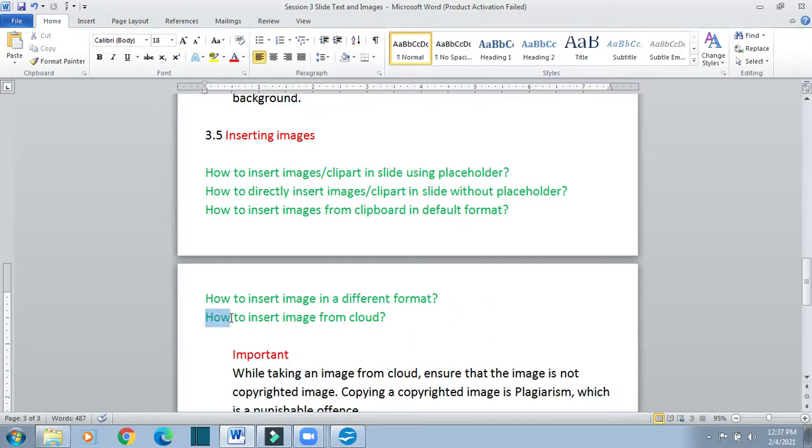Next thing is how to insert image from cloud. Cloud means internet. So if you want to insert image from cloud, means from internet, you will just open internet. Suppose we have opened. And we will take any image from the internet. Copy it and then we will paste it.